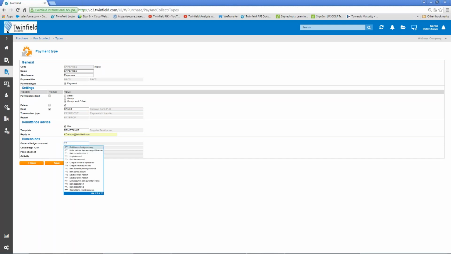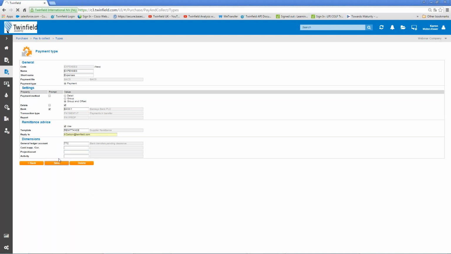So if I just type in my code range 77, I've got a code which is classed as bank transfers pending clearance. So once I have that nominal code set in the dimensions, I no longer need the wildcard, which is the star under my customer and suppliers. And this will just ensure that when I run my pay run and I finalize my run, I can actually see the balance of my pay run against my balance sheet code 77C. So now if I click save,